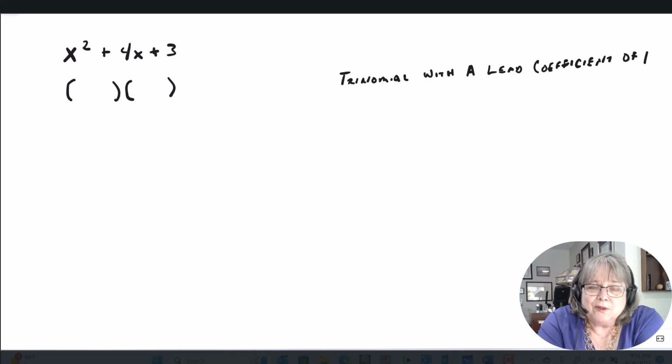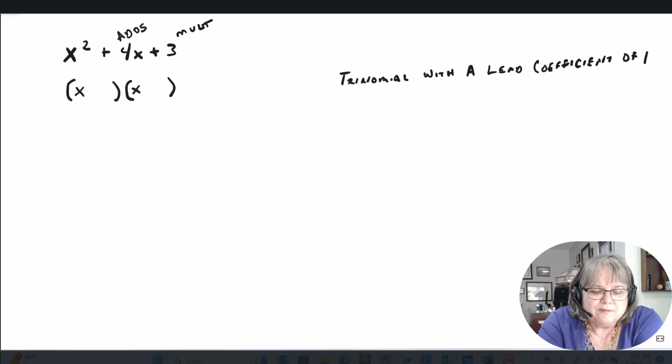And when you learned how to multiply these together, you learned the FOIL method, F-O-I-L. So it'd be the first, outside, inside, last. So the two first terms got your x squared. So there was an x here and an x there. And to find the other two pieces, you would say what multiplies to this last number and adds to this